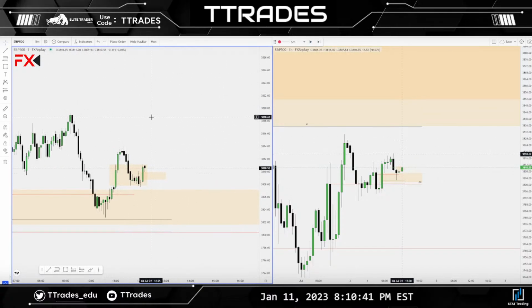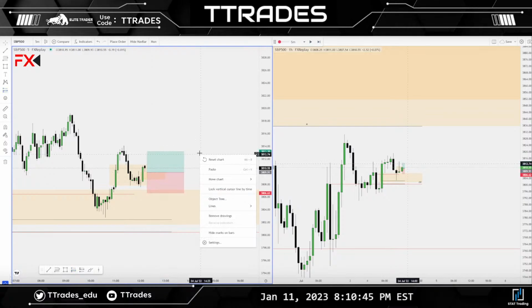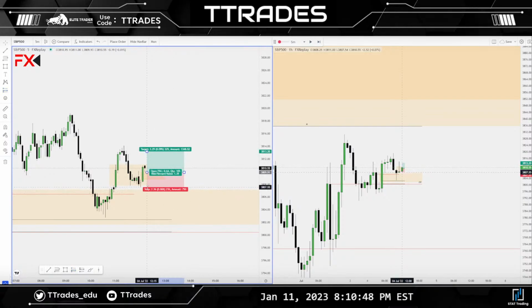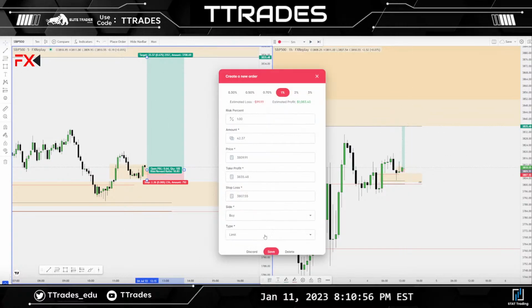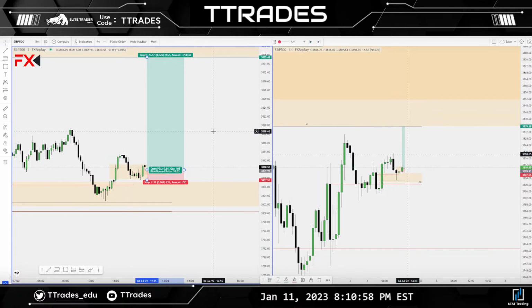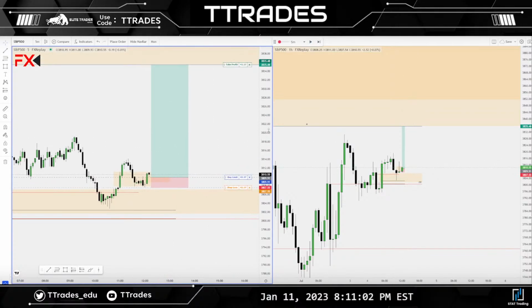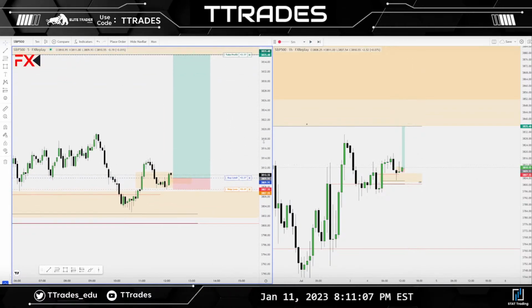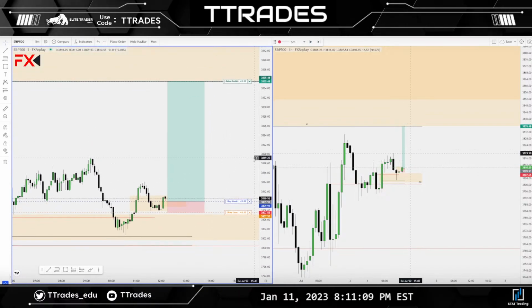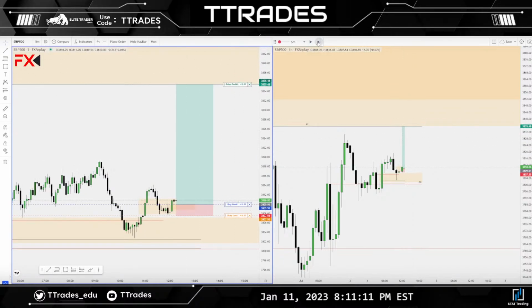for like a long entry, right? So all you do is you pull up this, wherever you're going to take a long, wherever you'd have your stop, right? And wherever you have your target, like that. And then all you do is hit place order, and it does it automatically, right? And then it'll throw it in. Or it should have. Oh yeah, there it goes. It throws in the limit, stop, everything like that, right? So we'll just see how this works, but